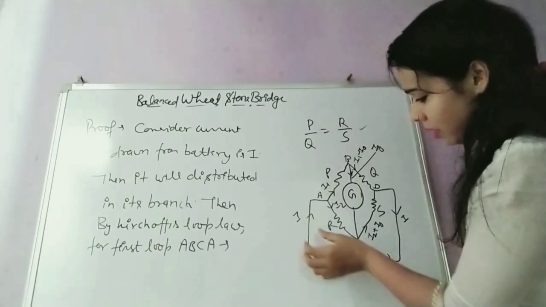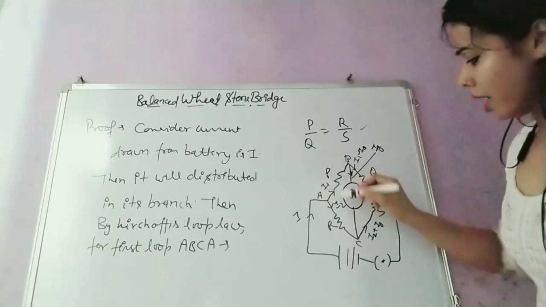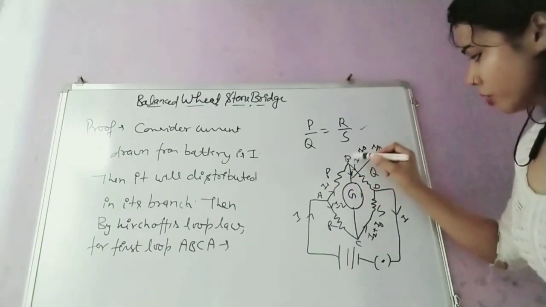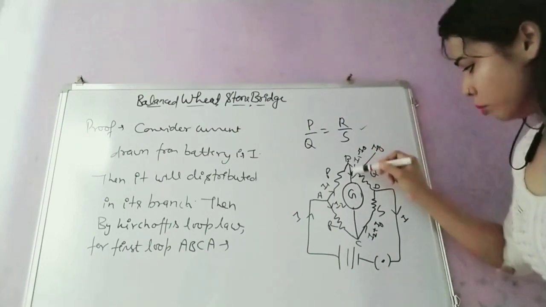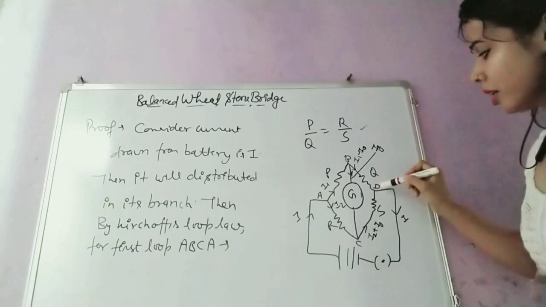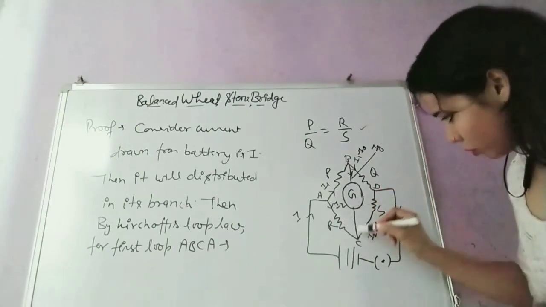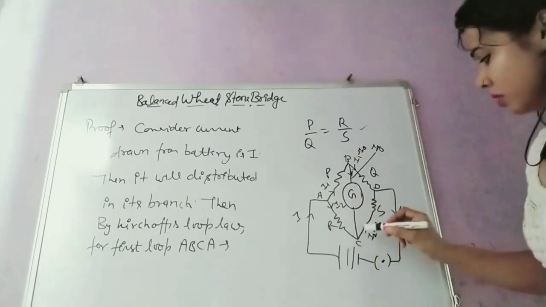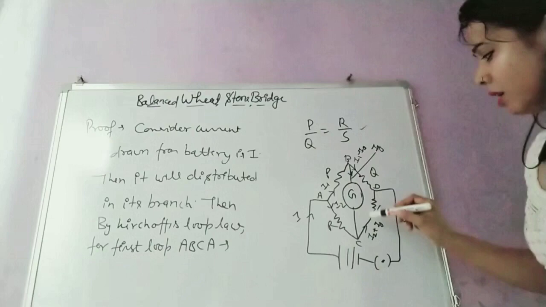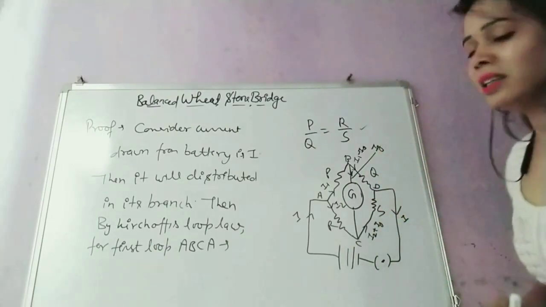Current from the cell or battery, that is I, has split into these branches I1 and I2. This I1 current has moved up to this junction, and it is split and moves Ig current through this galvanometer, and then I1 minus Ig current will move from this branch. And now see, Ig current through this branch, I2 current from this branch, then current leaving this junction equals I2 plus Ig. Now the sum of all currents is obviously I.